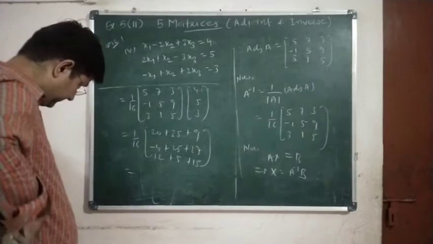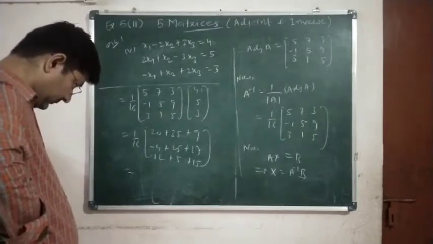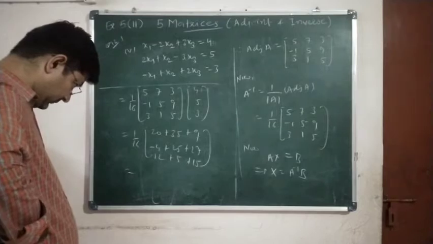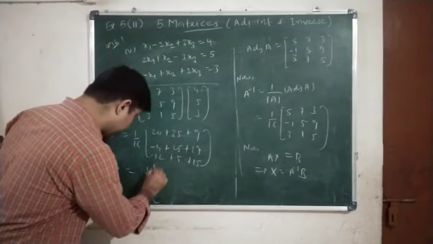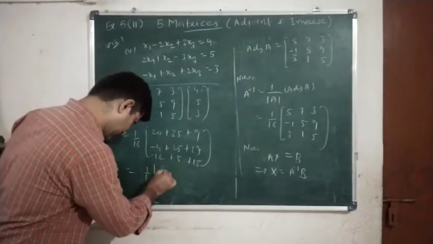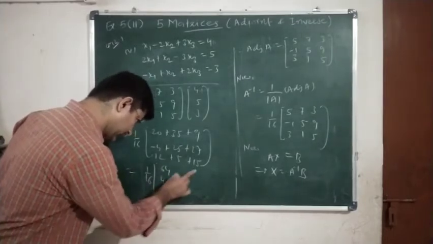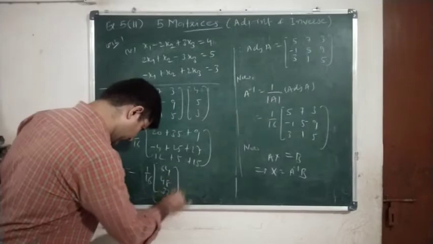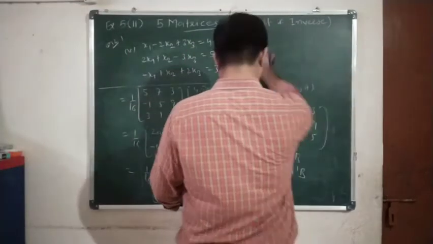Okay, so let us now add 30, 50, 64, then this will be 48 and this 32. Okay, so now dividing by 16 we will get